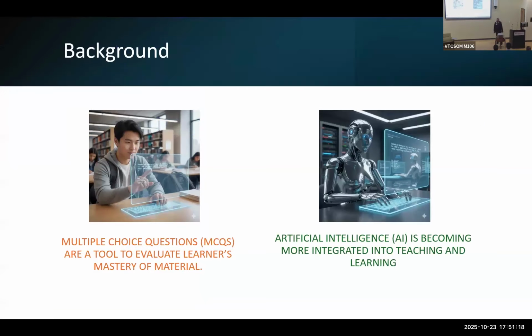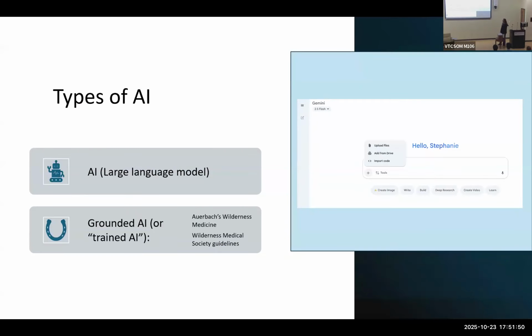So some background. First, as we all know, multiple choice questions. We could have hour-long debates about whether they're good or bad or okay. But regardless, we use them in education, and they're an objective way to look at mastery of material. Secondly, as we've seen through all the posters and presentations here, artificial intelligence is becoming more integrated in teaching and learning. Could also debate that for a while, but I think it's going to be a tool that we need to learn how to use because it's going to make all of our lives as educators better. It's not going to necessarily replace us, but it's going to make us happier. We all want to be happy, right?